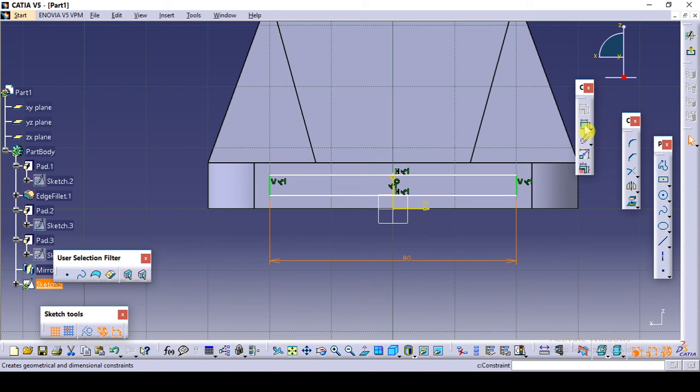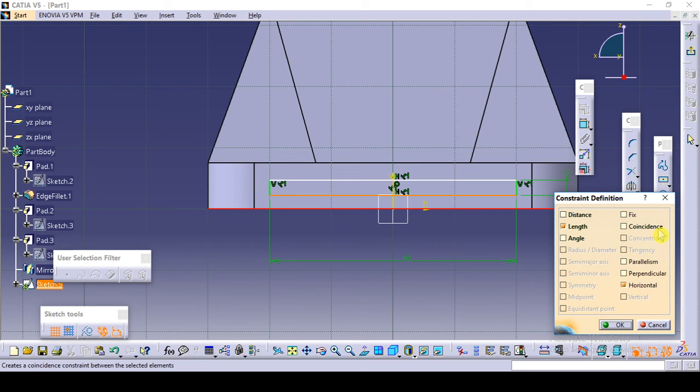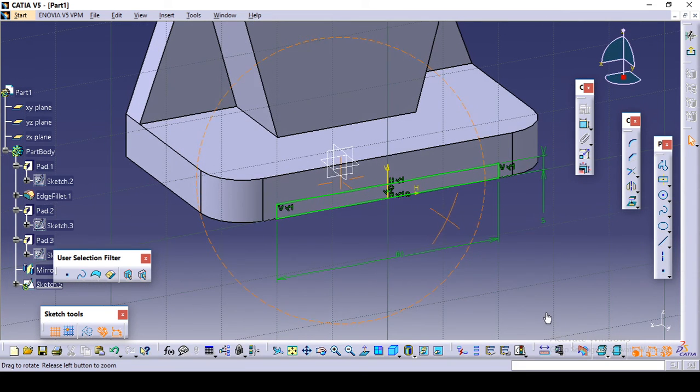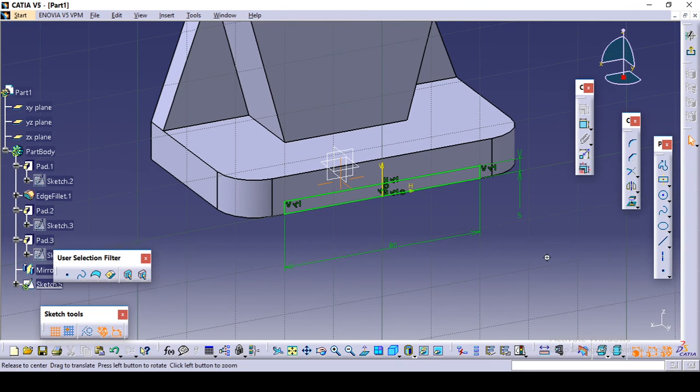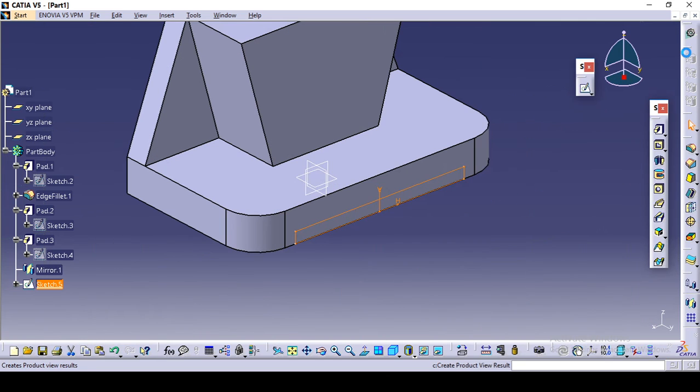Click on the constraint, click on this line and give this dimension as 5. Click on this line, press Ctrl, click on this line, go to the constraint defining dialog box and make it coincidence. Okay, we have made the sketch. Okay, so exit the workbench,